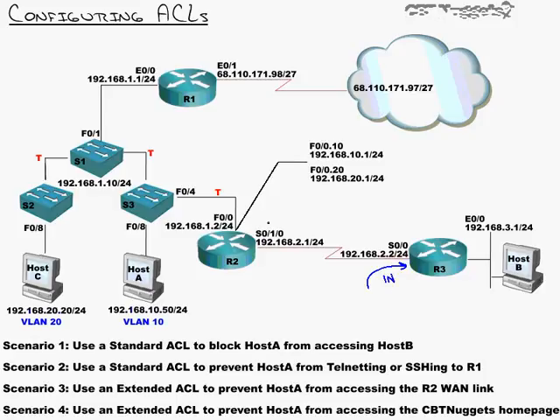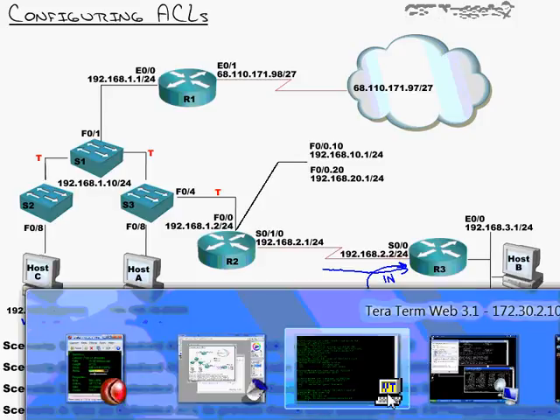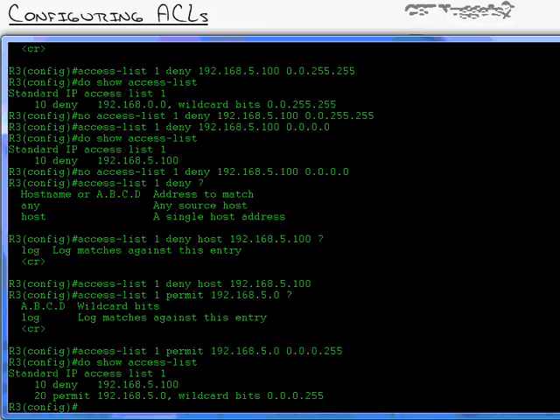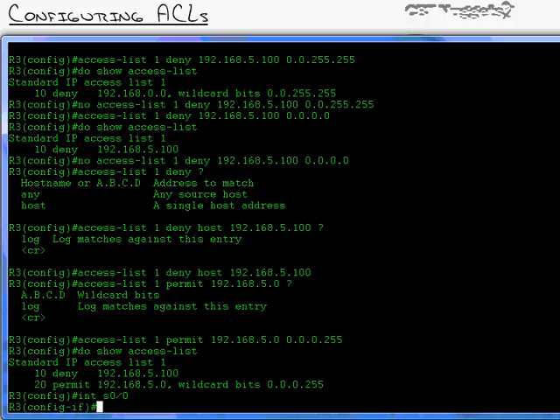Remember, hold out your arms, just like I talked about in the previous video. Identify your direction as things are coming in that serial interface. That's where I want to deny that specific host. So that's where we need to apply it, serial 0/0. So let's jump into interface serial 0/0, and here's the apply command. IP